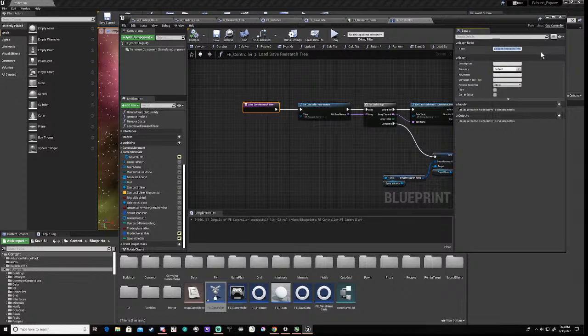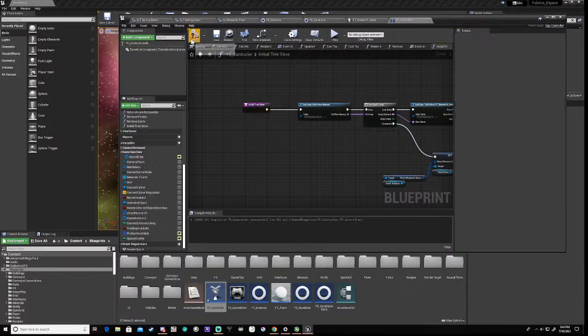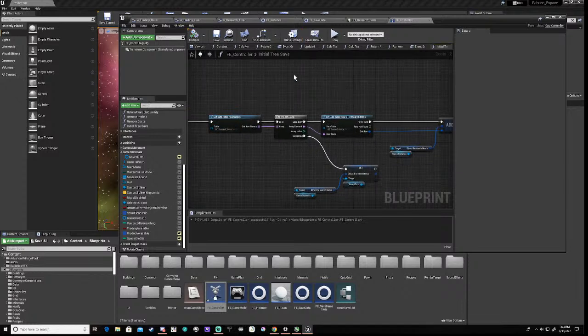Right, so we'll call it initial tree save. Okay, because we do want to load, so if we've got it called load save, that kind of doesn't really explain what it's doing. So we really need to give it a name where,